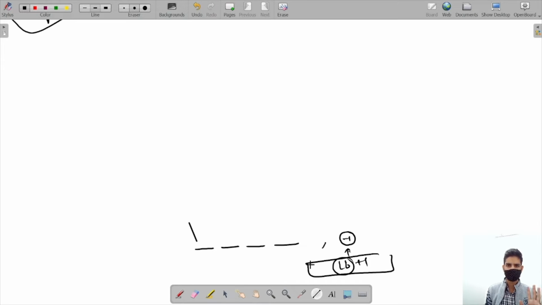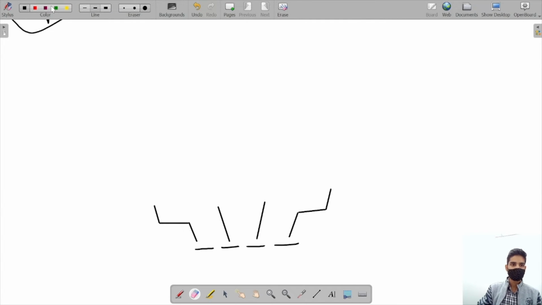Okay, so let's see. Basically, I am making a choice for the first block, then second block, then third block, then fourth block. So 4 choices are made. Let me remove this. Initially we are making a choice for the -1 block. Initially this is -1, that means we have not made any choice.